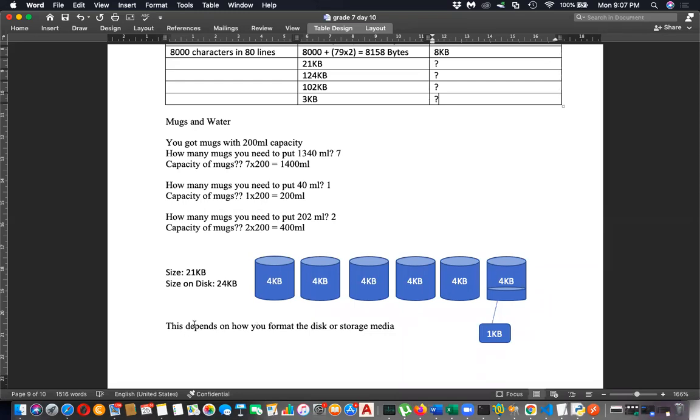Okay, this 4 KB size depends on how you format the disk and storage media.